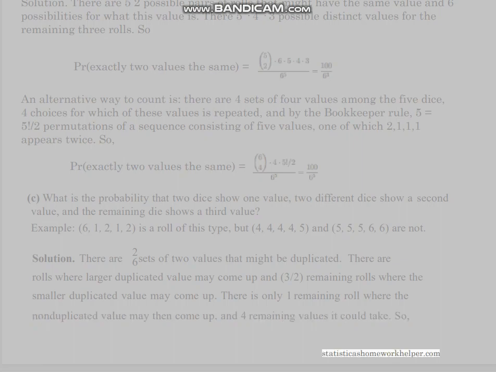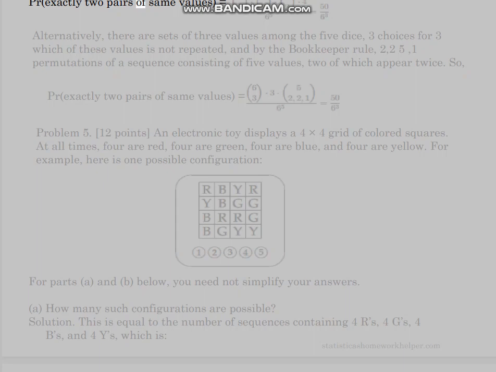Pr[exactly 2 pairs of same values] equals the product of these counts divided by 6^5. Alternatively, there are C(6,3) sets of 3 values among the 5 dice, 3 choices for